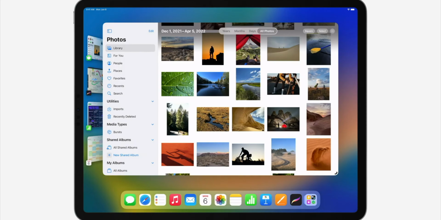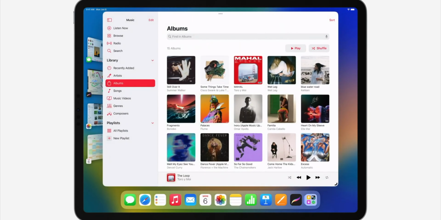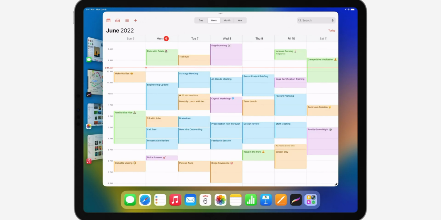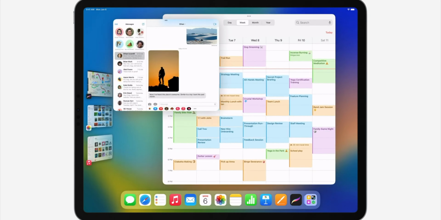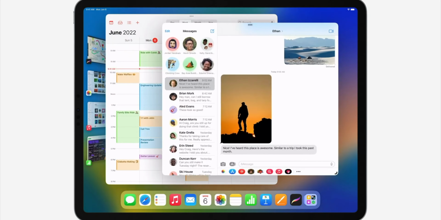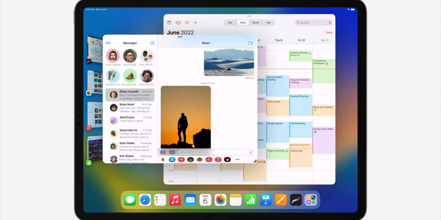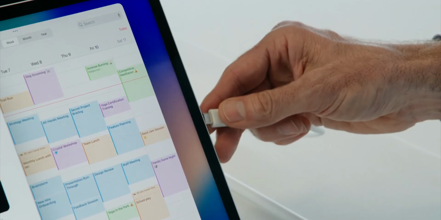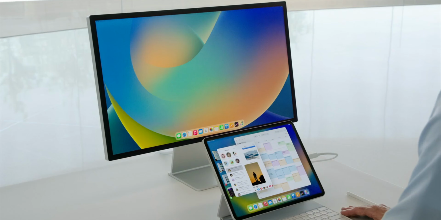When Stage Manager is activated, the dock is visible so you can open apps with ease. When you tap on music, the previous app moves to the left along with other recently used apps. And for the first time on iPad, you can have overlapping windows. For example, when Calendar is open, you can drag messages on it, and the windows will automatically reposition, and they're resizable. There's also full external display support up to 6K when using Stage Manager.